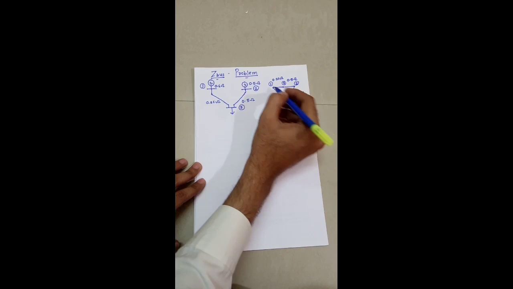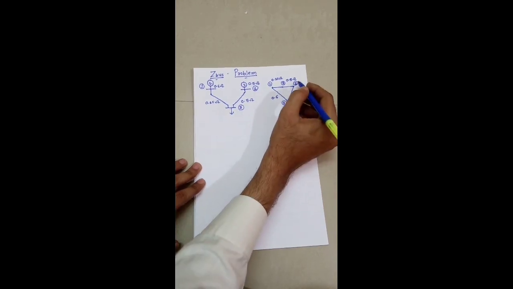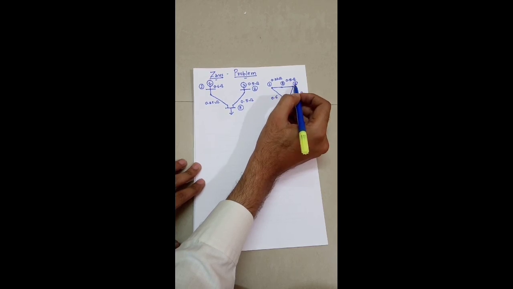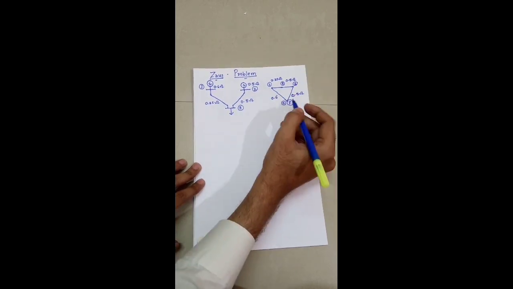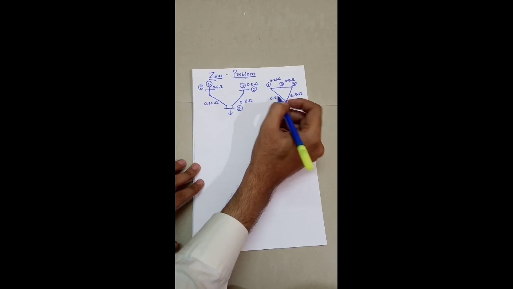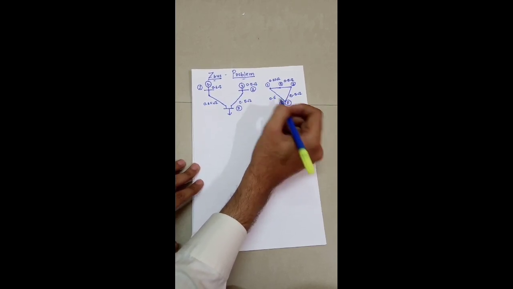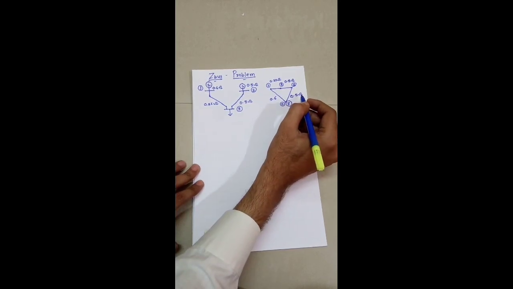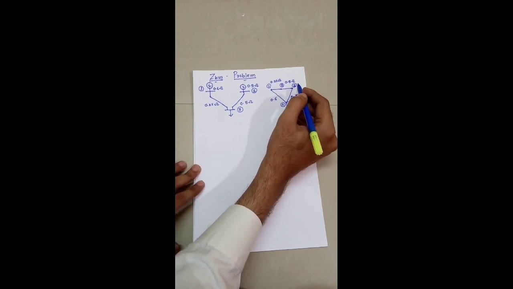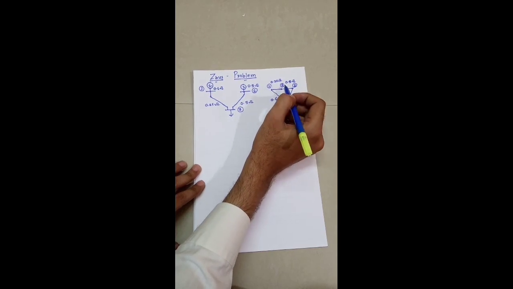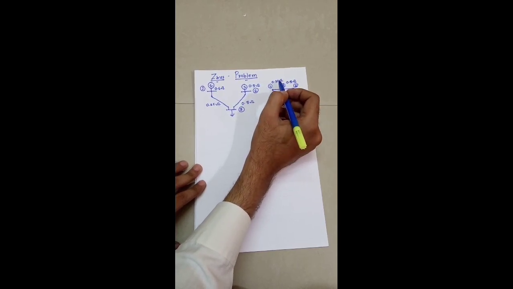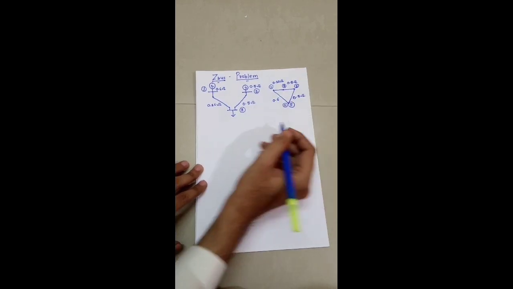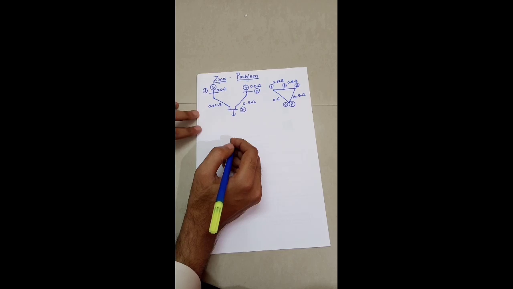Reference bus is connected with bus number 1, reference bus is connected with bus number 2, and bus number 1 is connected to bus number 3, and bus number 2 is connected with bus number 3. Every line has a line impedance: 0.6 from reference bus to bus number 1, 0.5 ohm from reference bus to bus number 2, bus number 1 to 3 line impedance is 0.25, and bus number 2 to 3 line impedance is 0.5. Now we calculate the Z bus.